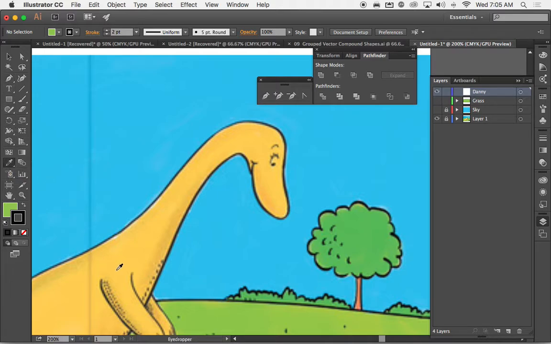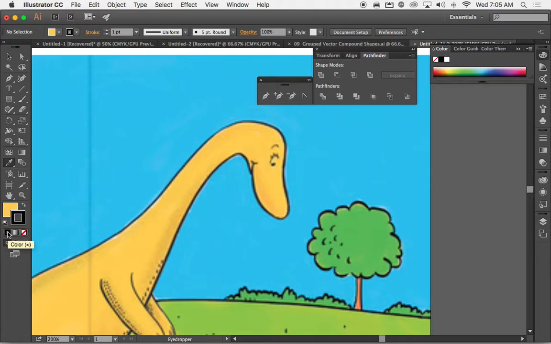So let's fix my colors first, right? Go to the eyedropper tool, select this yellow. And then for the stroke, I'll do black again. So it remembers the last stroke I did. Okay, cool. So now P for pen tool, and I'm just going to click and drag,